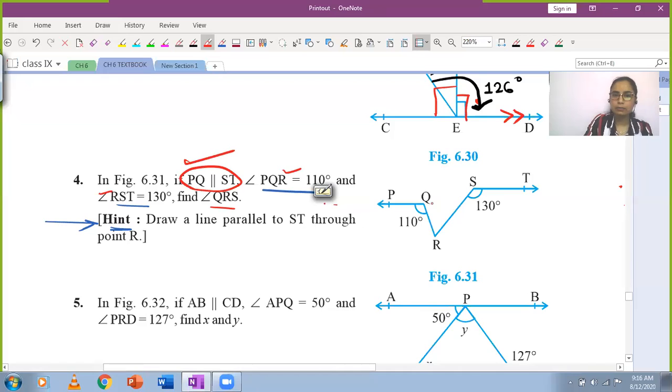A straight line will form only if you extend them and they overlap. Right now, ST is located a little above PQ. If you place your ruler and try to extend PQ, you realize that ST is not on it; if S point were here and P point were here, then your 130 degree angle would be formed here.